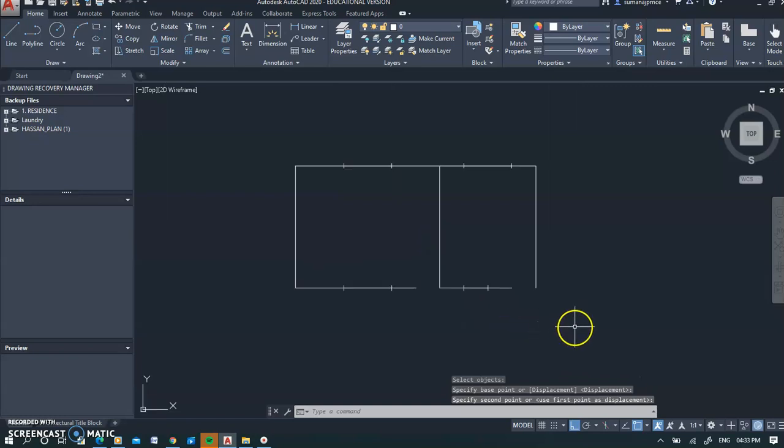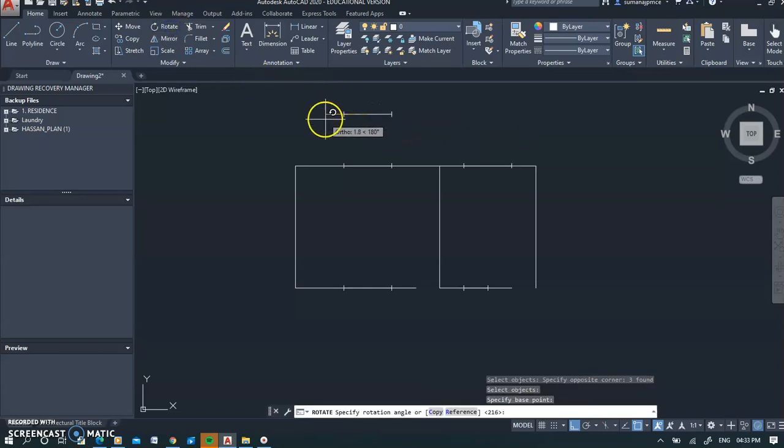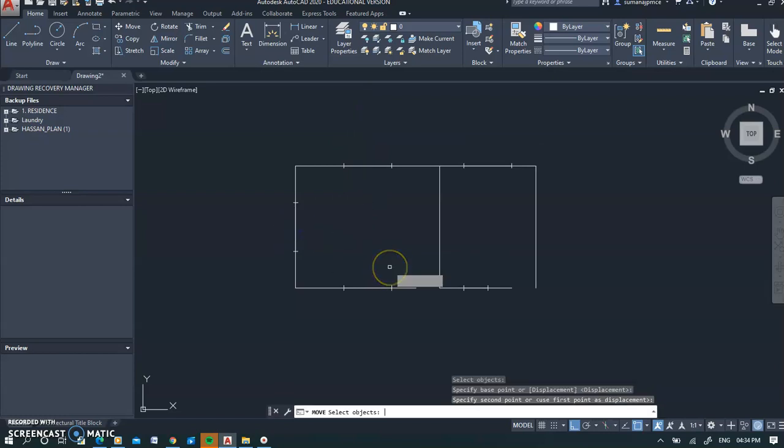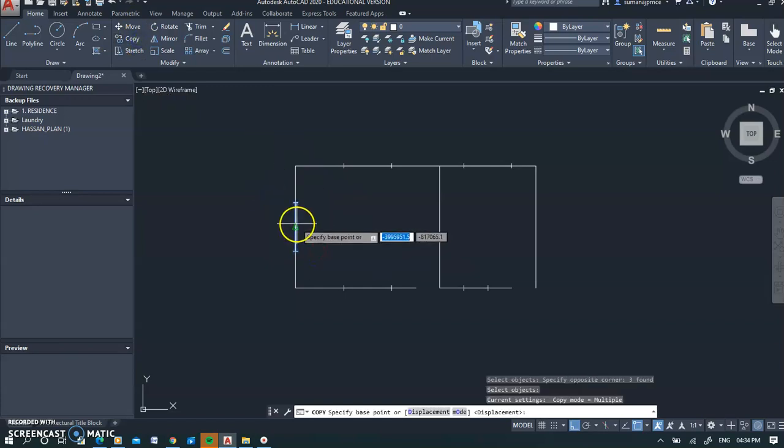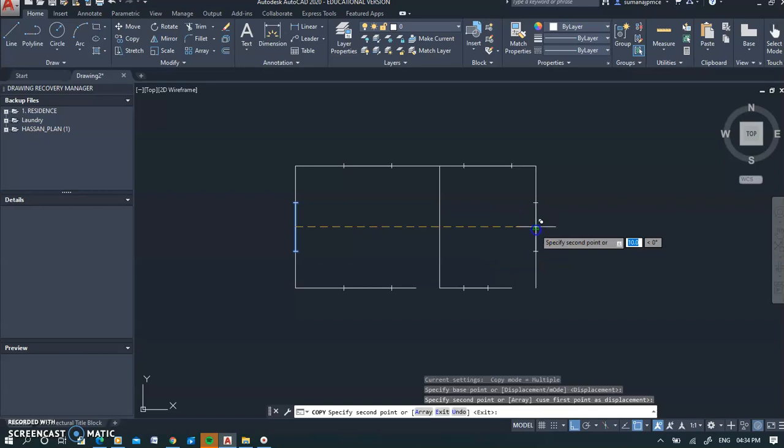Okay, now supposing I wanted a window here also, I can copy this window and place it here, and then I can rotate that window. You rotate this window like this, and then you can move that window holding on to the center and here. Okay, if you wanted the same thing on the other wall, just copy this window from here to here. Now I need to write the different text in the room.